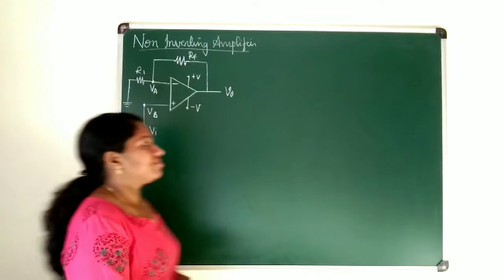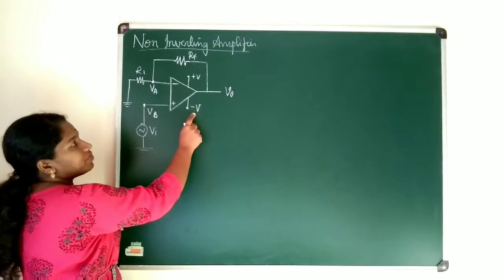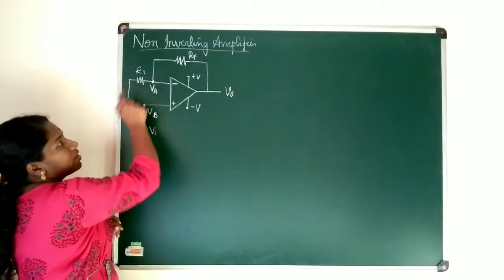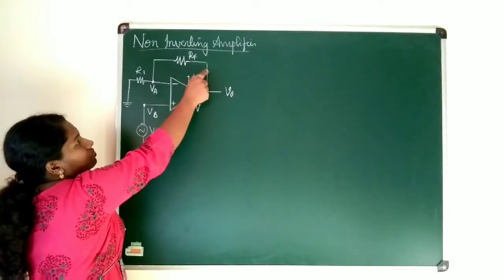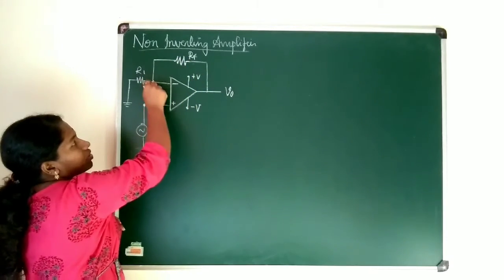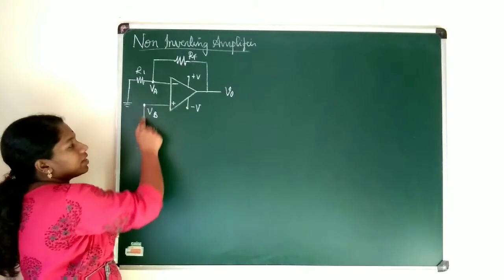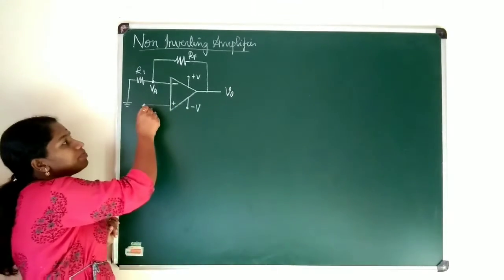In this video, you are going to learn how an op-amp can be used as a non-inverting amplifier. For that, I have taken an op-amp here which has got a dual power supply, plus V and minus V, and the inverting terminal is connected to ground through a resistor R1 and a feedback resistor RF which will be connected from V0 to this point VA. And this non-inverting terminal is connected to the input signal that I refer to as VI, and this point we refer to as VB.